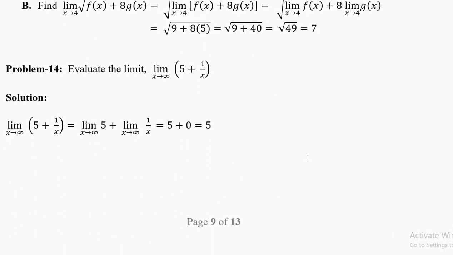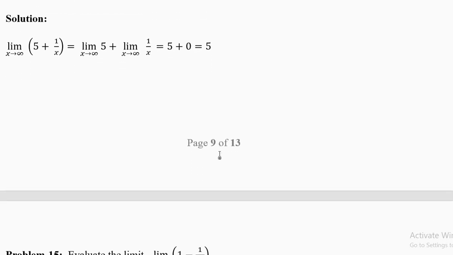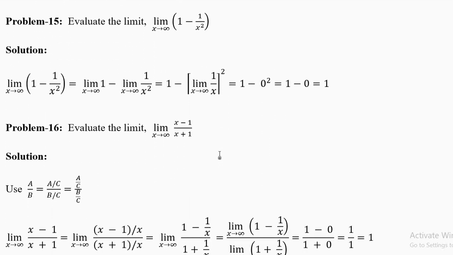Now evaluate the limit x going to infinity of 5 plus 1 by x. Whenever you have addition or subtraction, do one at a time. So this is equal to limit 5, x going to infinity. Now there is no x in this part of the question, so it is 5. Just copy the 5 there. If the number is 6 here, write 6 here. Now limit 1 by x, x going to infinity. 1 divided by a big number is 0. 5 plus 0 is 5. Look at the results on page 2 for limits involving infinity.